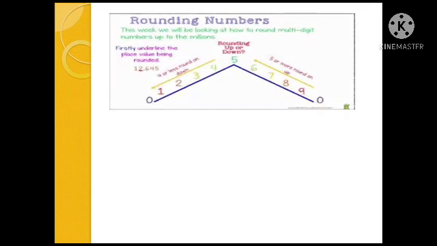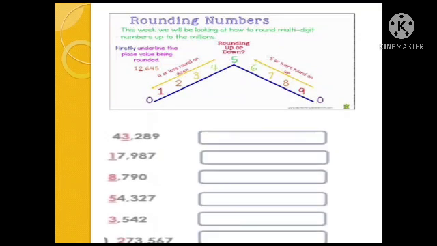I hope you have understood the rounding of numbers to tens, 100, 1000. Here it is a general thing when the number is below 5, like 4, 3, 2, 1, or 40, 30, 20, 10, or 400, 300, 200, 100. So when it is below 5, we have to round it down. If it is more than 5, we have to round up. Okay, nearest up, nearest down. Let's see the problems.